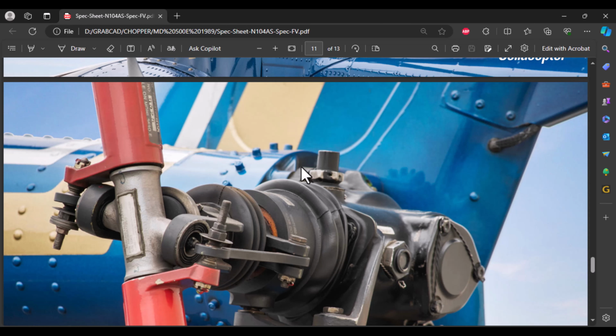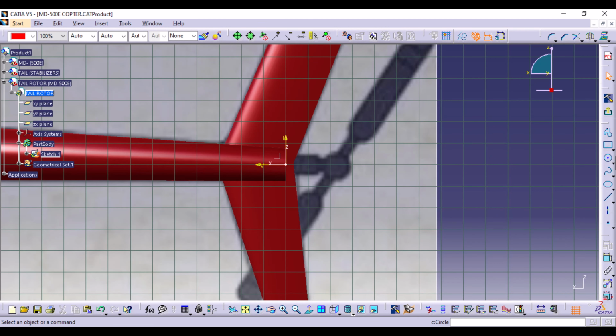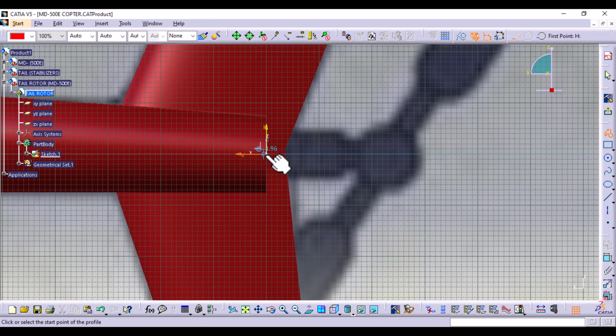It starts a bit below it, and then we have a step down and another step down. So we have 2 step downs up to this end. Let's create that one first. You're going to select profile. Let's zoom in, start at the origin. Then just below this tail section, just below that section, you're going to start there, step down once, step down twice, and just slightly off this circular profile, then step down and exit